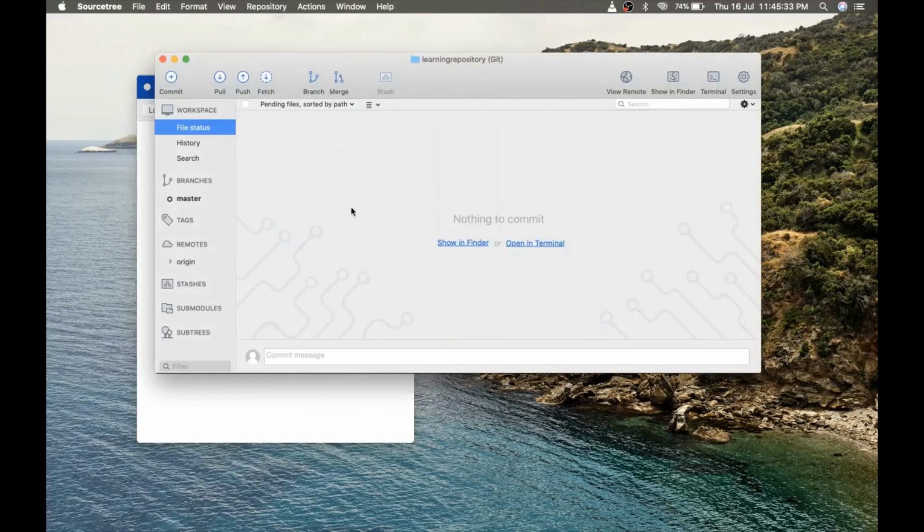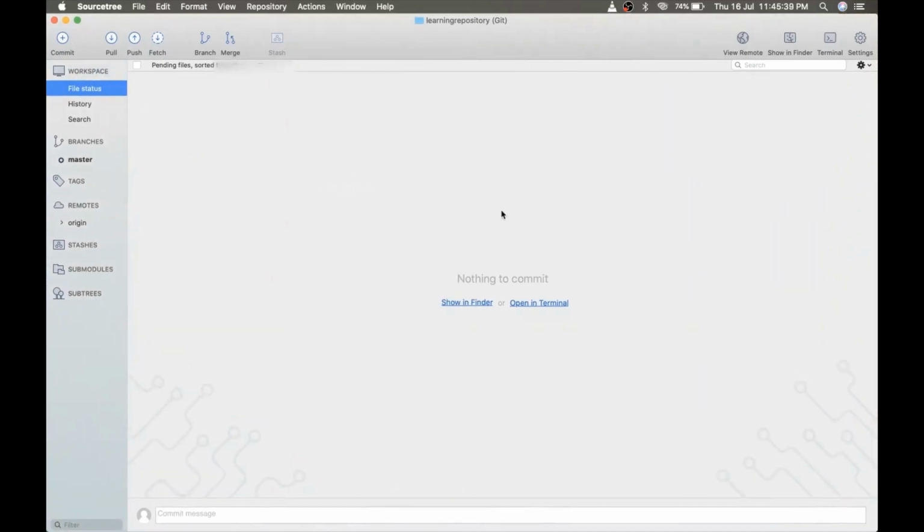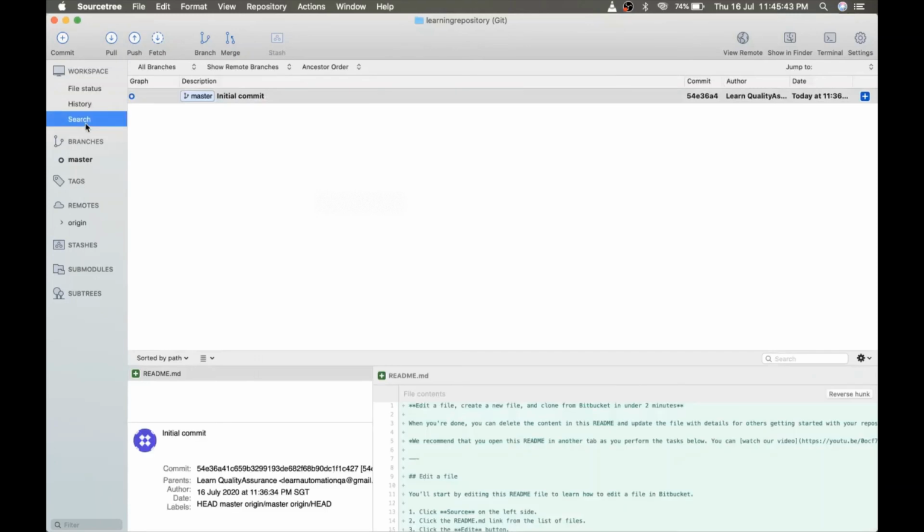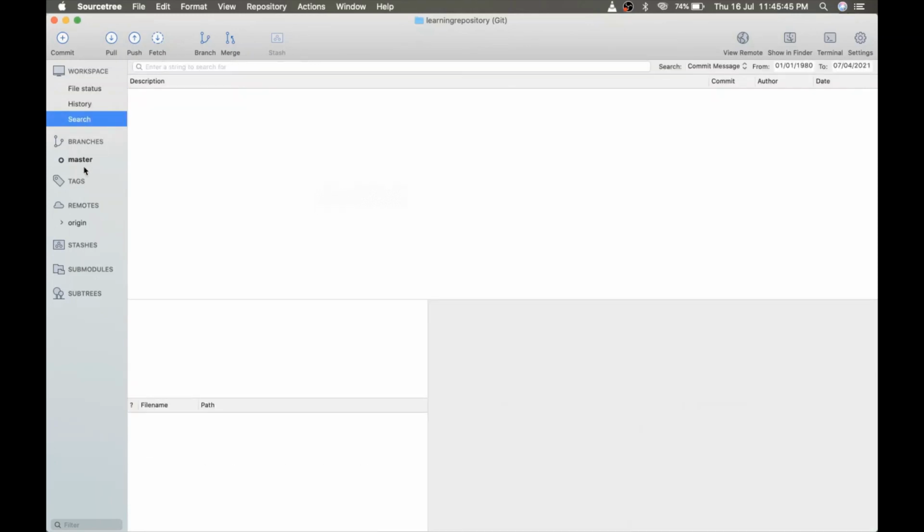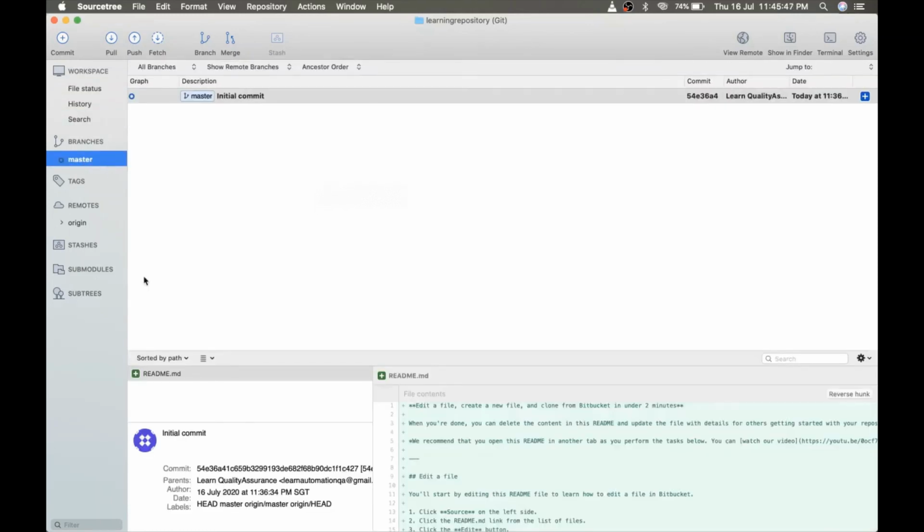When you clone it, now you can see there is a beautiful GUI that has been opened. You can see here the file status, the history, and the master branch. These are the branches now, and what are the other remotes present. Remote is nothing but it tracks your remote repository.